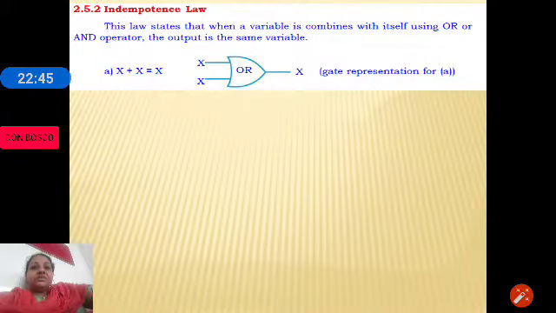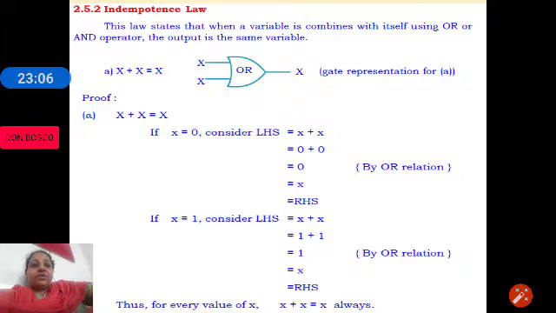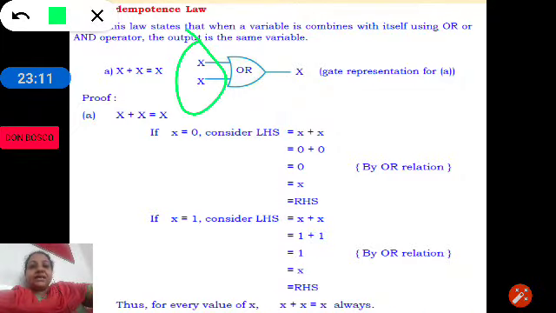This law states that when a variable is combined with itself using OR operation or AND operation, the output is same. First, we are looking at the OR operation, that is x plus x is equal to x. For the OR gate you can see both the inputs are same, x and x.